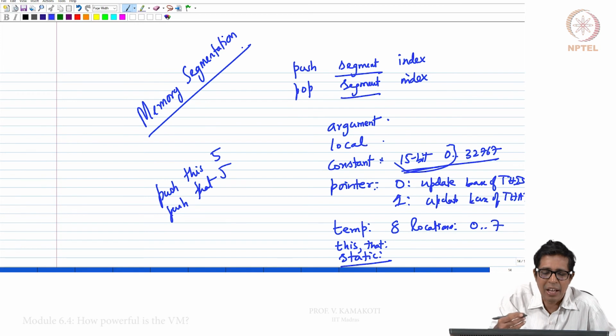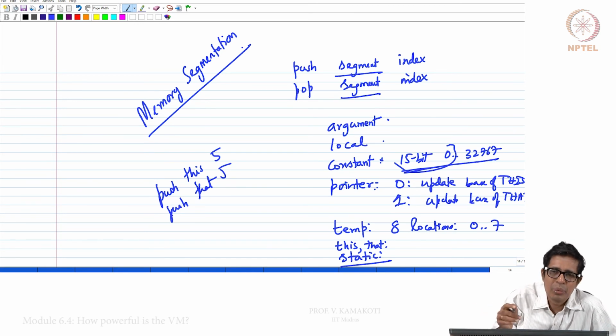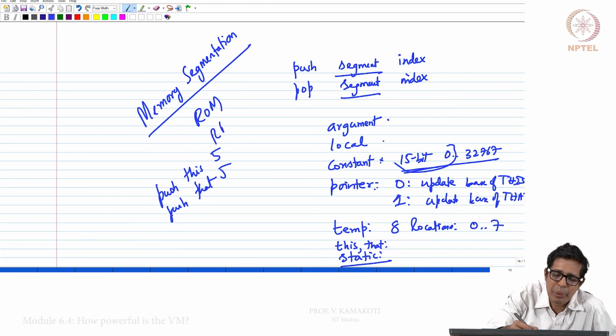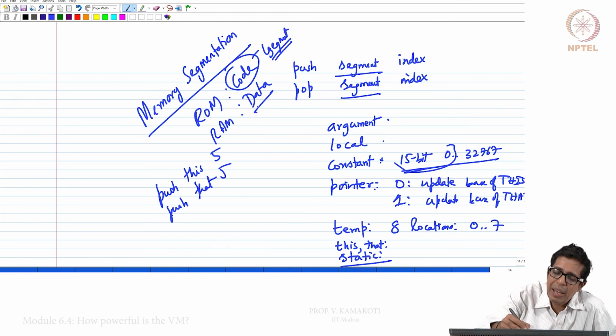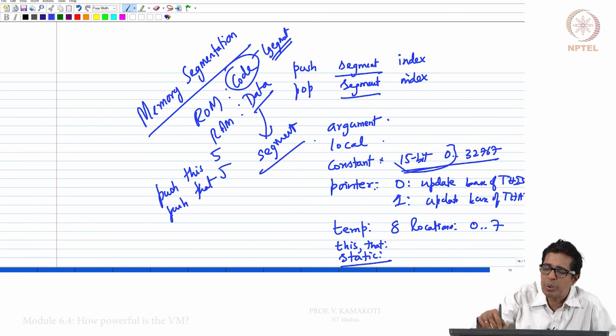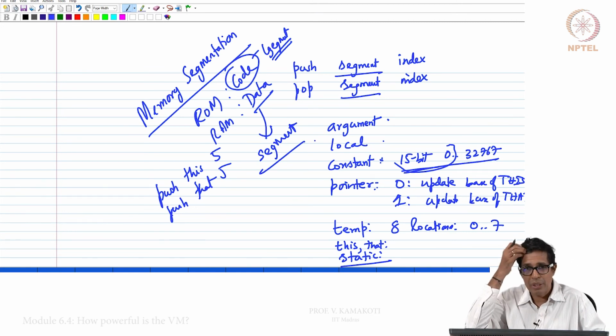Already when we designed the architecture, we have two segments, two memories itself, one ROM and another RAM. I hope you remember. This ROM is basically storing code, RAM is actually storing data. So this is the code segment. So we have already segmented it. Well, RAM is the data segment, and inside the RAM you could have several such segments for every function.